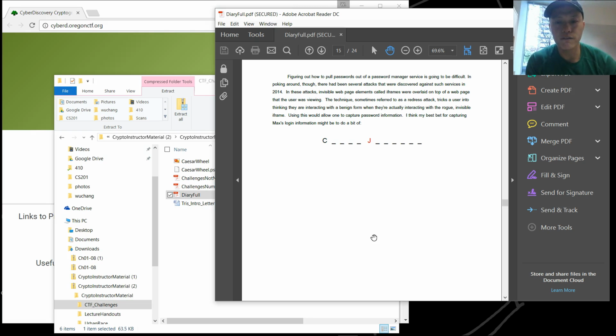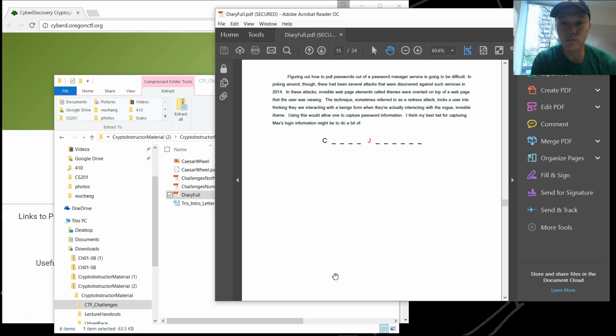Okay, so figuring out how to pull passwords out of a password manager is going to be difficult unless you're someone like Tavis Ormandy. But if you can't rely on getting Max's password out of the password manager, then maybe there's some other way you can figure out how to subvert him. And so in day 15, Four is considering a way of attacking Max by using